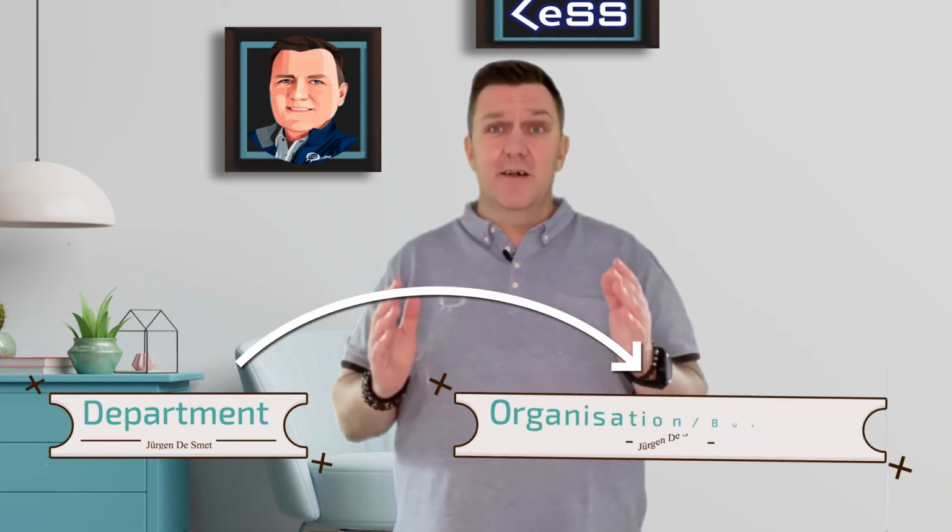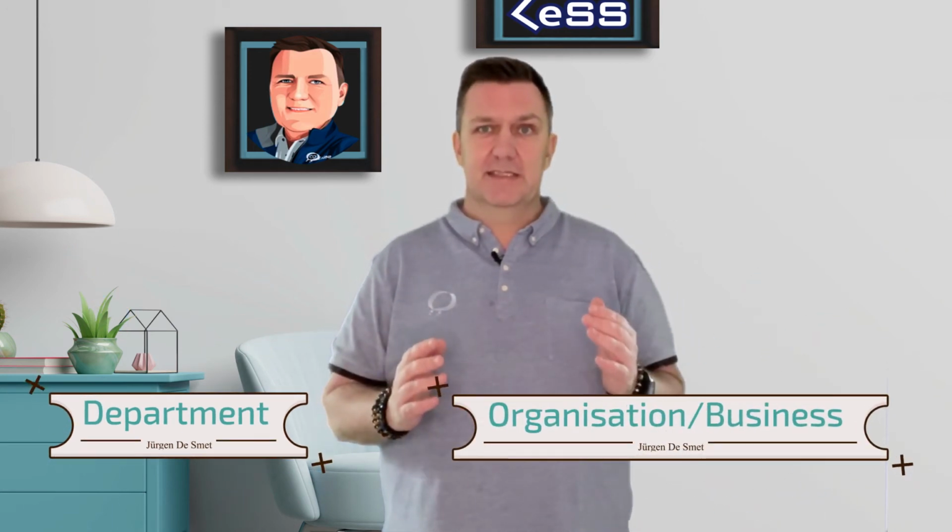Then again, we see in many organizations, they say, okay, we want to have an agile organization, we want to have an agile business. It means that we need to put the attribute of agility on the full organization. It means that we need to absorb the business department inside this single multi-team setup. We need to absorb the operations in there. We will need to adjust our financial controlling so that it enables this kind of agility on the organizational level. We will need to adjust our HR practices to enable agility on that level, and so forth.